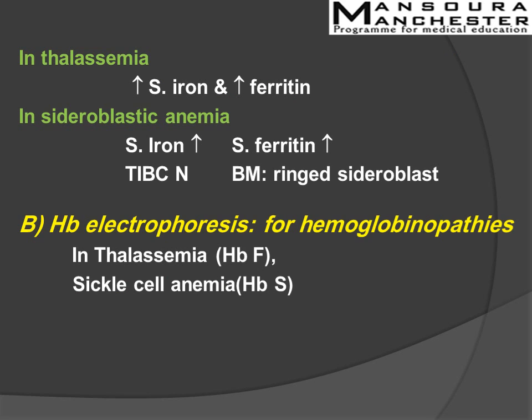So these are causes of microcytic anemia, and you can see in cases of microcytic anemia, the MCV and also MCH and MCHC are reduced. Causes of microcytic anemia are iron deficiency anemia, which is the most common cause of microcytic anemia, thalassemia,